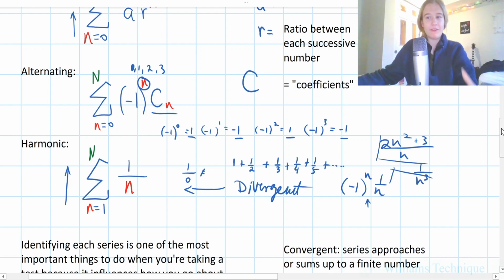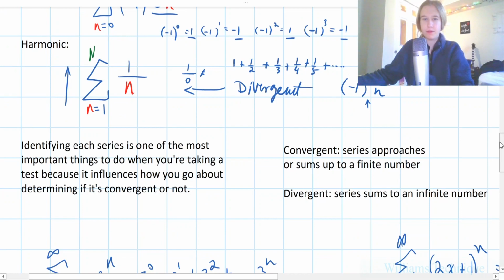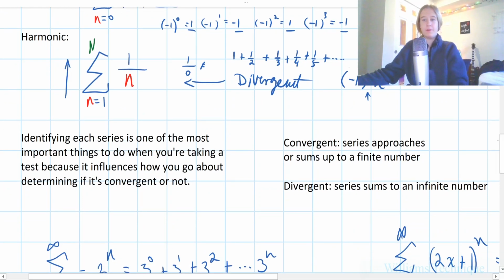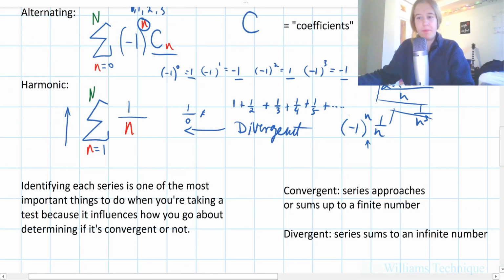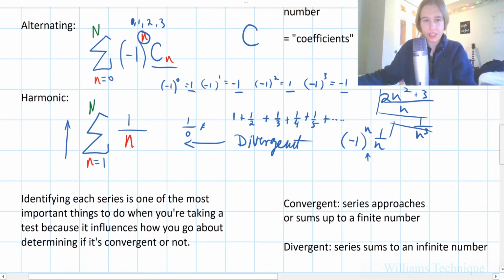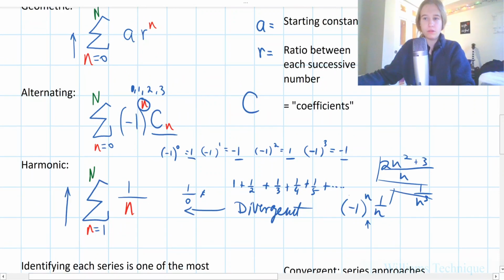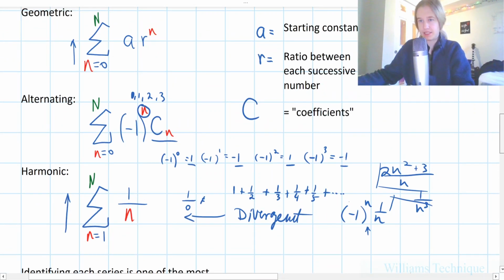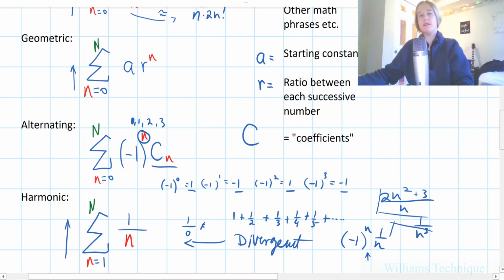This one is a harmonic alternating series, but again, that one has to deal with conditional convergence and absolute convergence, and we're not really going to be covering that today. So anyway, that was the gist on each format for each series. And we're going to be using these to identify series, because that's a big part in multivariable calculus,